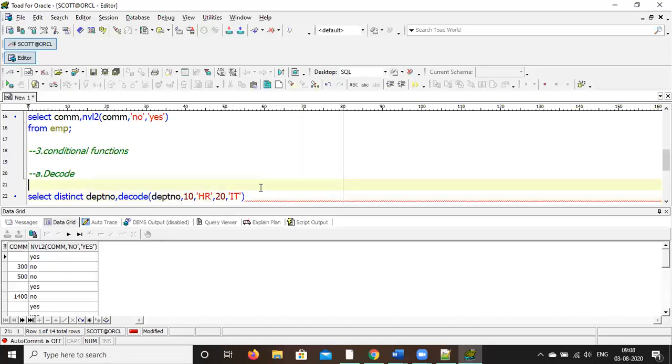Comma 30, comma finance FIN. Give some alias name, let's say D name, as D name is the department name, within double quote, from EMP.